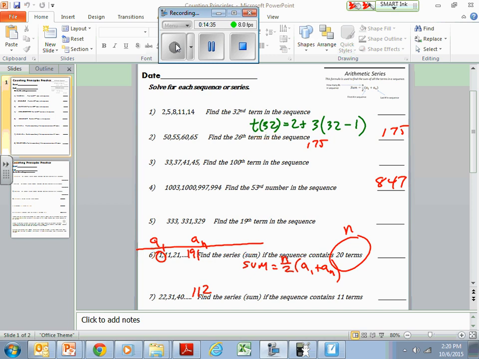Oh, can I put in my numbers? Yeah, I just labeled them. Just put them in. So let's see. N is a 20. 20 over